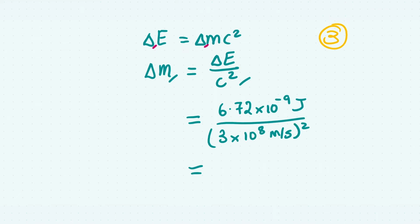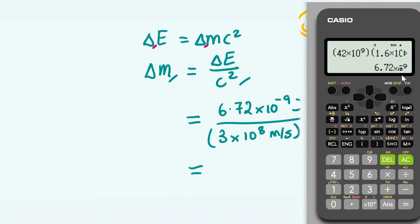Substituting these values into the formula, which I'd always recommend you do, we just need to put them into our calculator now. If you don't turn the calculator off or use this button here, which will reset the calculator, it will be stored as an answer. So we have 6.72 times 10 to the power of minus 9 joules, which is our answer stored here. This is also very useful because then you don't have to re-input the figure, which means that you're less likely to make a mistake. And this figure itself is over 3 times 10 to the power of 8 all squared. This figure in here is just the speed of light squared. Hitting that equal sign, we get our answer to be